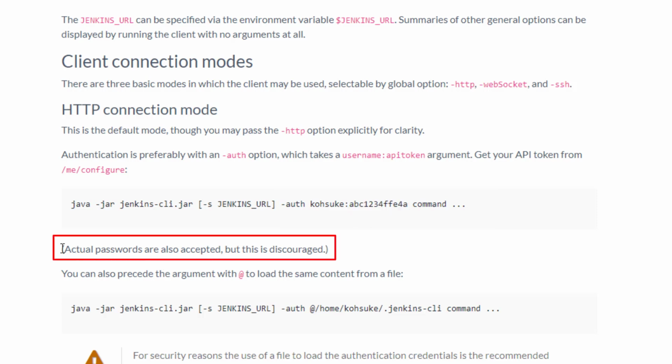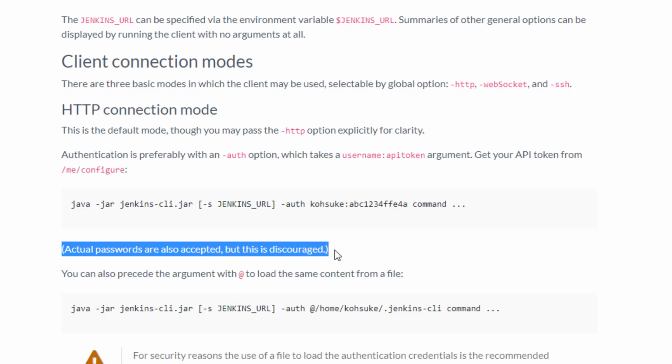Again, very important part, you can also pass the Jenkins username password, which is accepted, but it's not encouraged. Even I would highly recommend that instead of passing your password, give your API token, and you can revoke this API token whenever you don't want. Fine, so I will not use password, I will be using token, and how to generate the token, that also we will see.